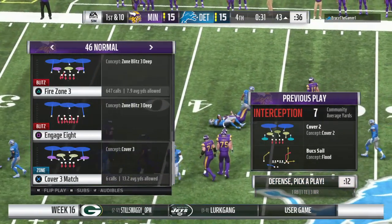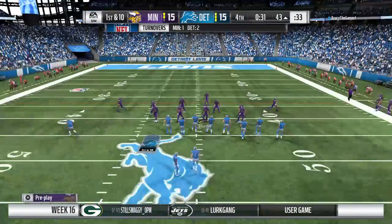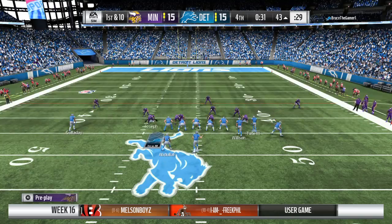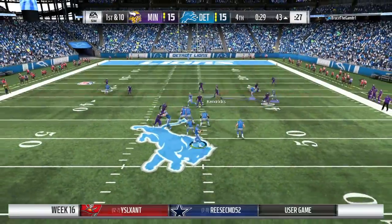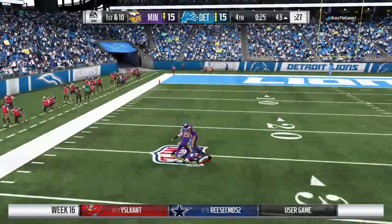So how about that for a momentum switch? We're in the 4th quarter, and it's a tie game. You've got to take care of the football here. Now their opportunity to take the lead right out the window, and everything is flipped in the other direction. Now Stafford. Completed